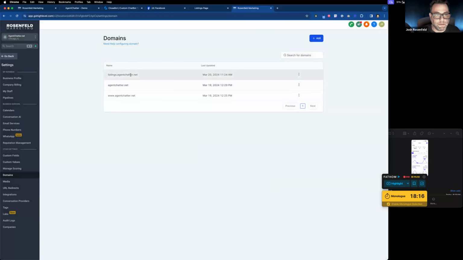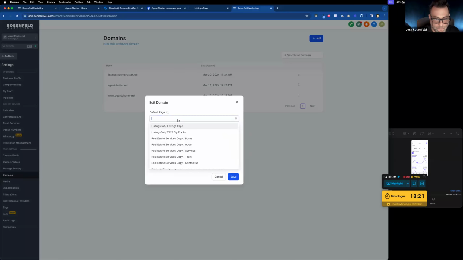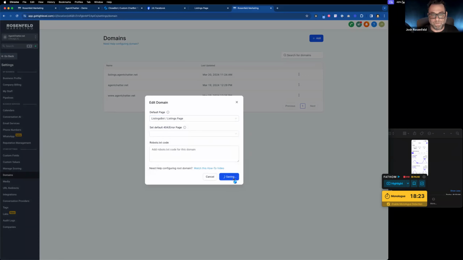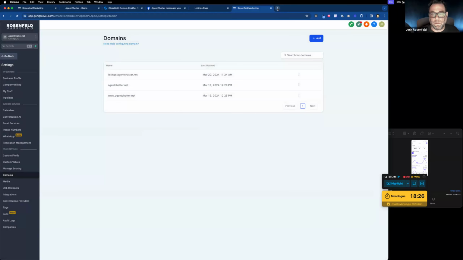All right, cool. So listings.agentchatter.net. I want this. You hit edit. I want the default page for this to be the listings page. Okay. So now if we go to